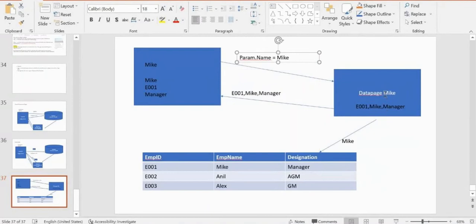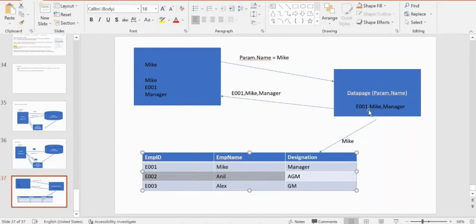Now in this data page, it won't be Mike; it would be param dot name. That is a parameterized data page. Based on the parameter, your data would be retrieved. If it is Mike, it will retrieve Mike's; if it is Anil, Anil's data; if it is Alex, Alex's data.